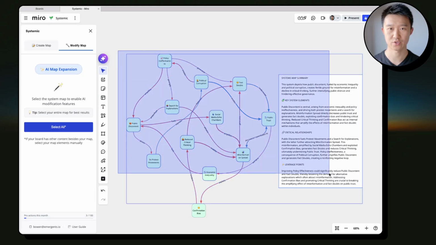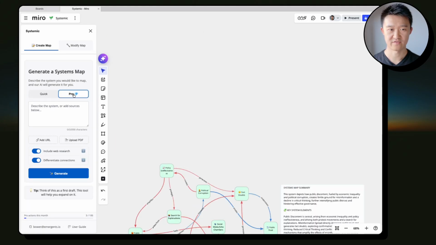Now, let me show you the pro mode. So if I click on the Pro tab here for generating a systems map, you'll have the ability to include web research. So this actually does live web research based on the specific prompt or system that you're trying to explore. And it also allows the ability to add custom sources such as URLs and PDFs. You can either use that as the sole source of map generation or supplement that with additional web research as